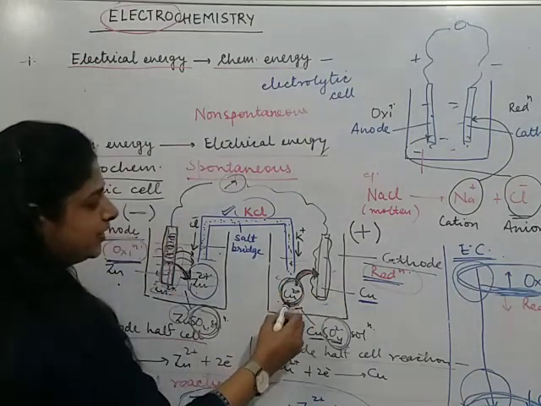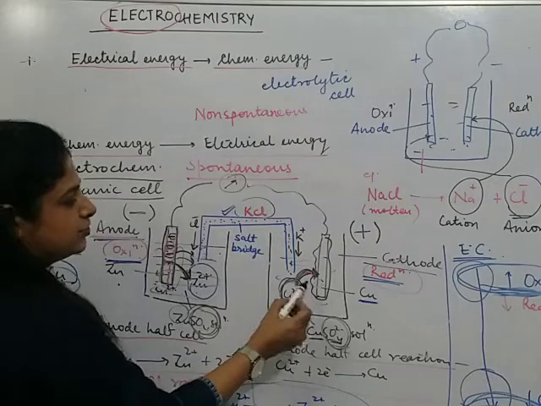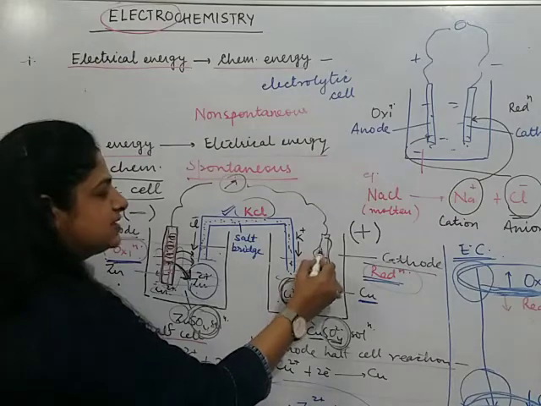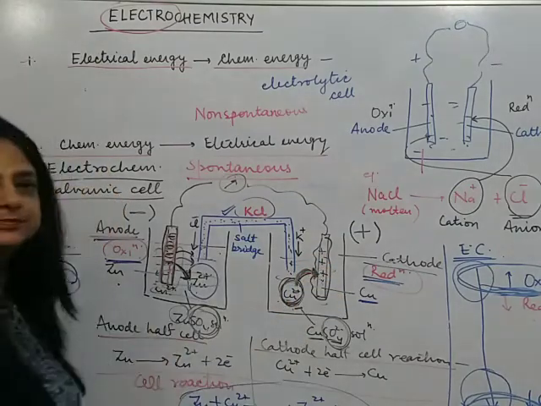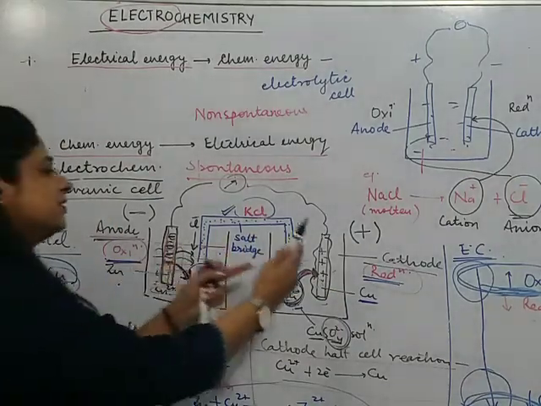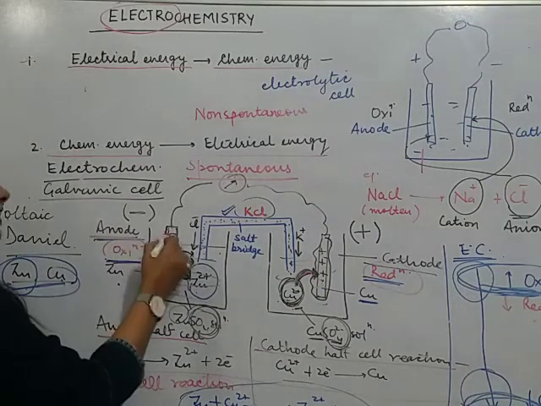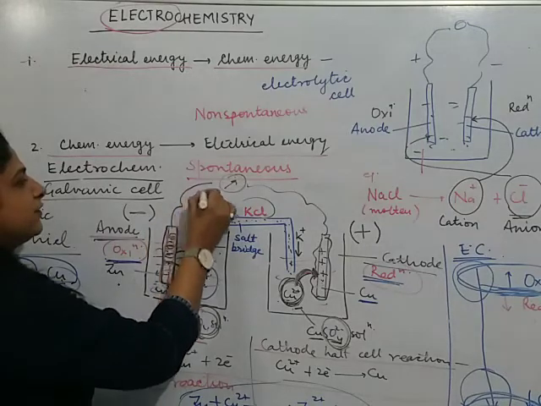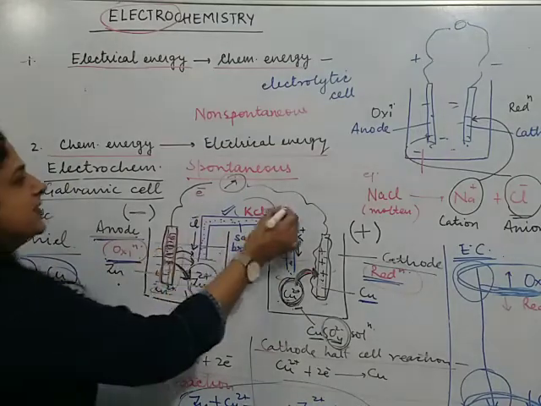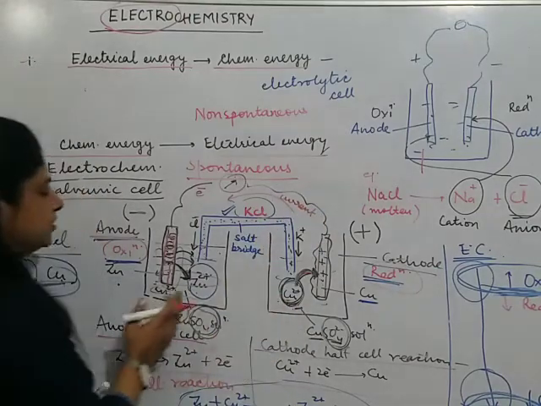While in this case, copper ions are taking up the electrons from this electrode for reduction. So they are taking up the electrons from this electrode, which is creating a deficiency on this electrode, and that makes it positively charged. Whenever there is a charge difference on the electrodes connected, we all know these electrons will start flowing from anode to cathode, and hence the current will flow from cathode to anode.